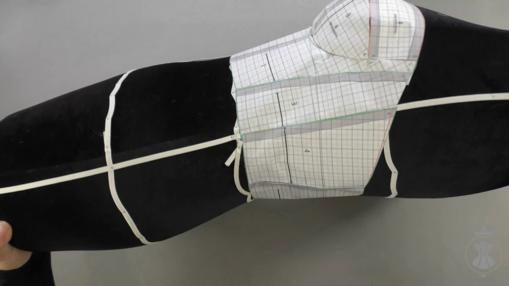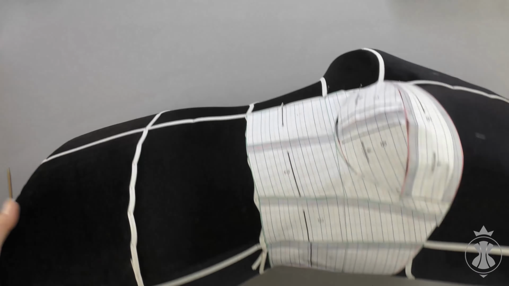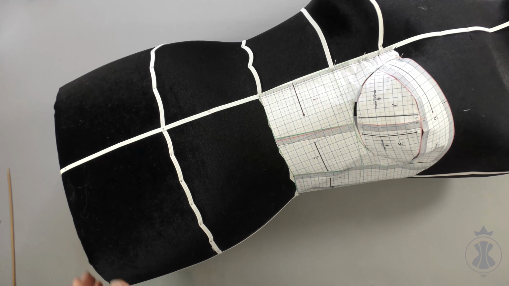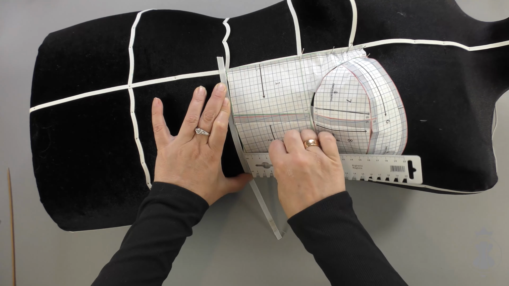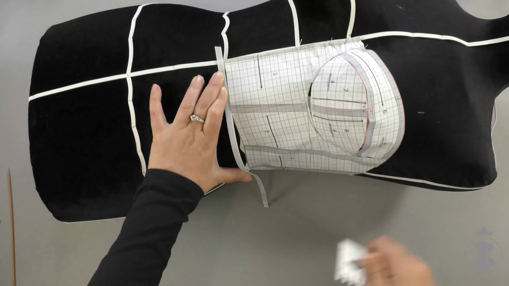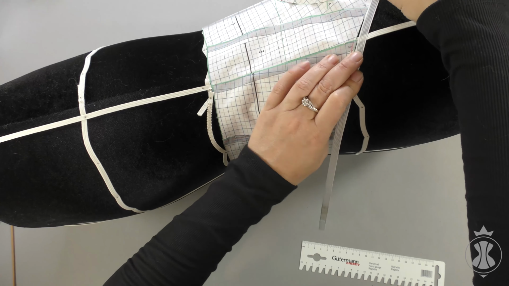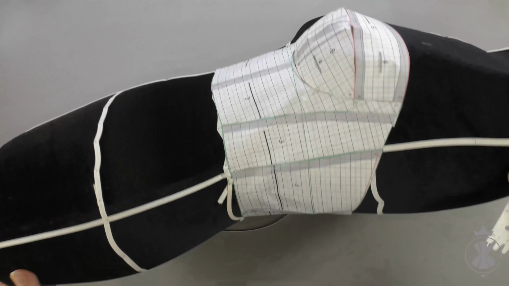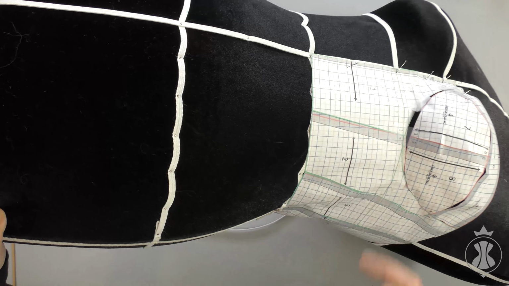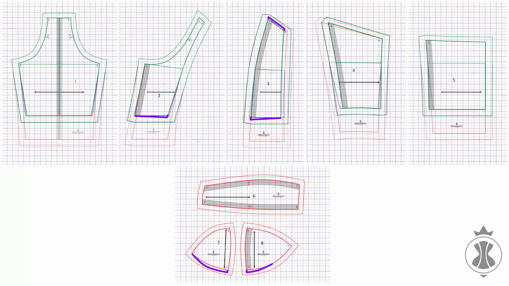The upper edge of the mock-up fits tightly to the dress form, and at the same time, it has no additional stress. So, the mock-up fits well. If you feel like making a small adjustment to the resulting pattern, this is the right time. I need to add 4 millimeters to the cup volume in the center bottom detail. Now the pattern is complete.